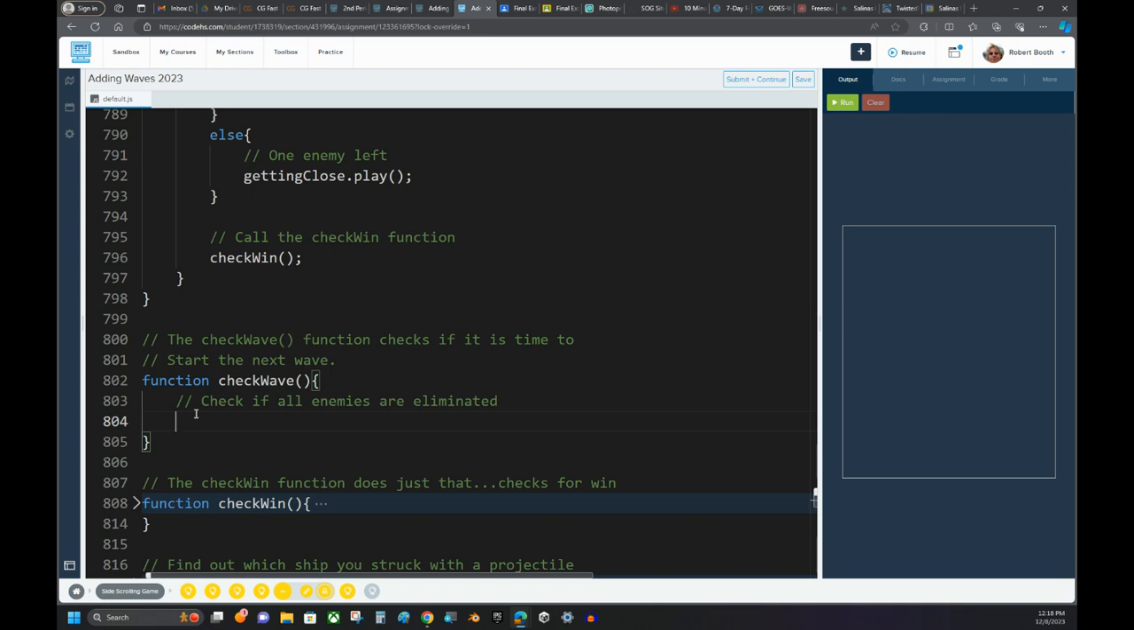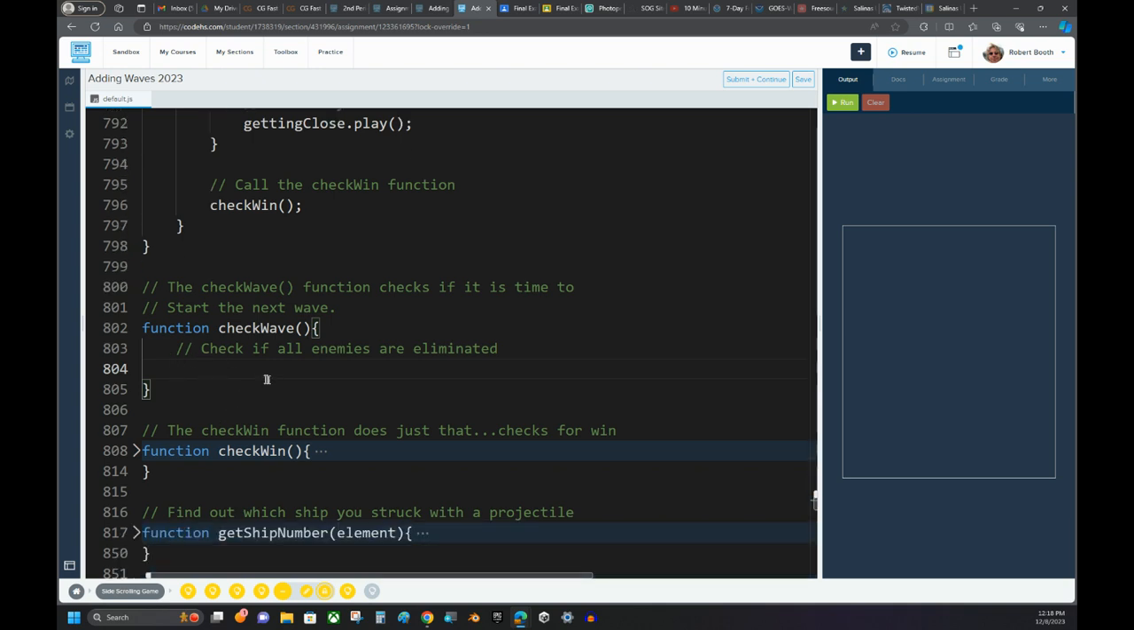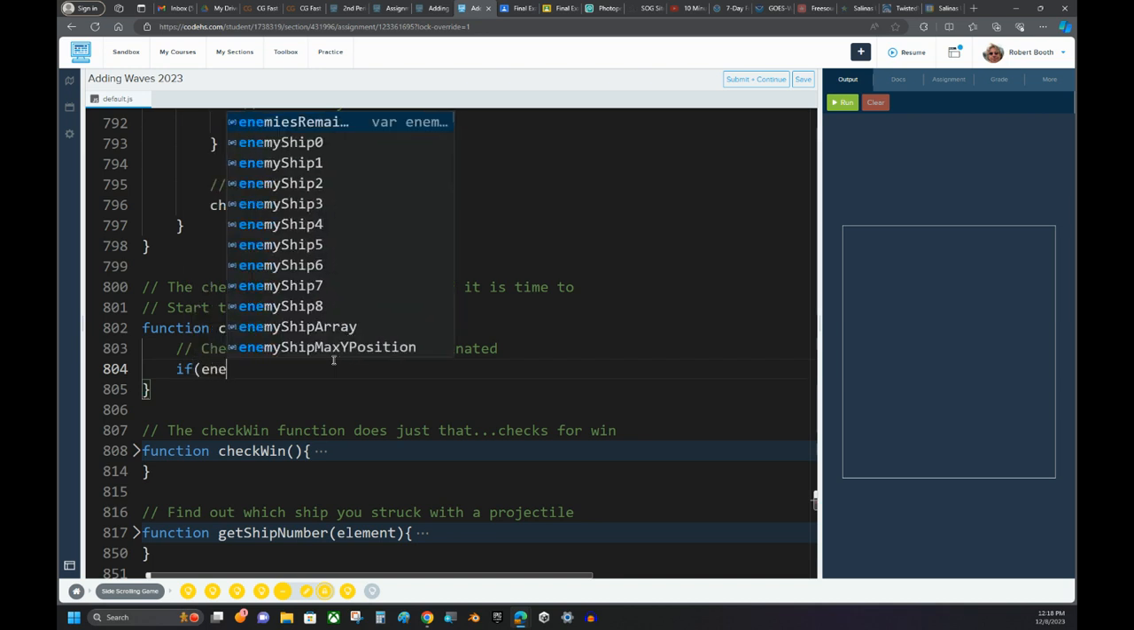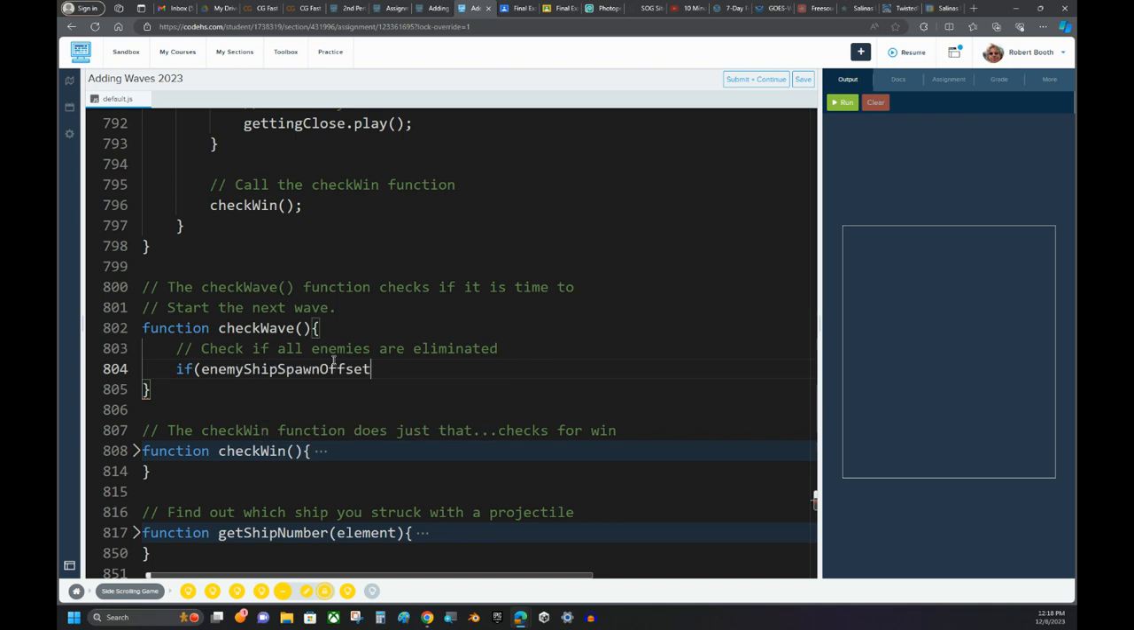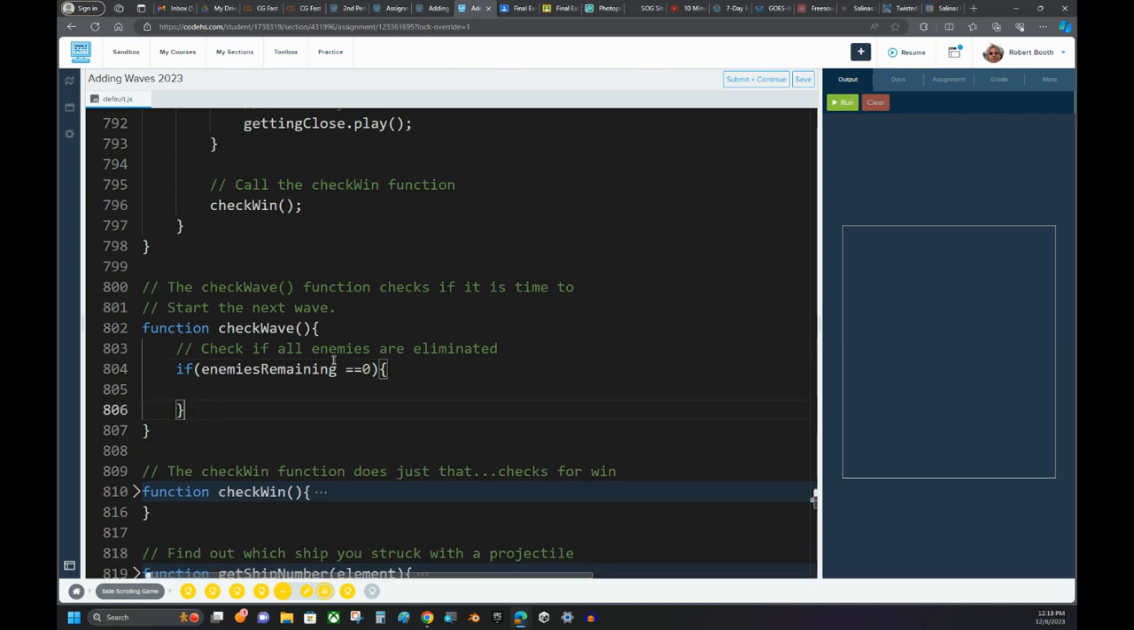So first we're going to check if all enemies are eliminated, because if they're not, it's pointless. If there are still enemies left, we're definitely not going to the next wave. We're not going to change our wave number. So if enemies remaining is equal to 0, and we're going to have an open curly and a closing curly brace, and then inside this if statement, if this is true, the first thing we're going to do is